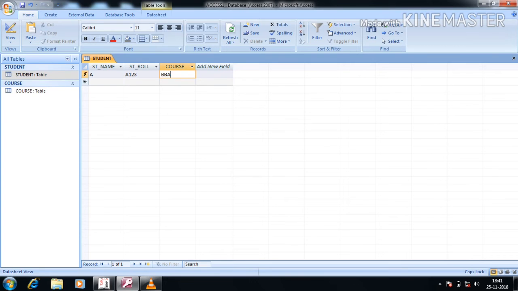After getting this course, entering more values right now. Just another name, student roll number, another course. Next, another one, I'm writing the same way. So here we are entering 3 students' names, A, B, C, 3 student roll numbers that must be unique, and 3 courses, BCom, BBA and MCA. Right now, after completion of that,